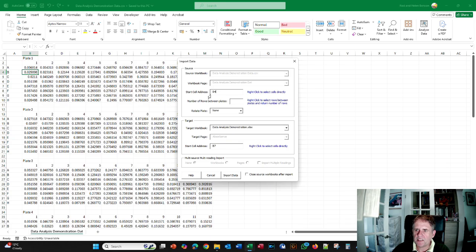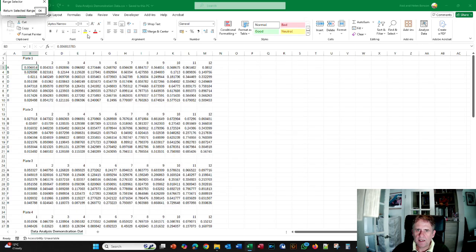And what we first of all need to do is select the start address. So you can see the start address is not actually B4, it's actually B3. So we could just type B3 in here and you'll see it jump up there. Or the other way we can select it is we can right click and go directly and select like so